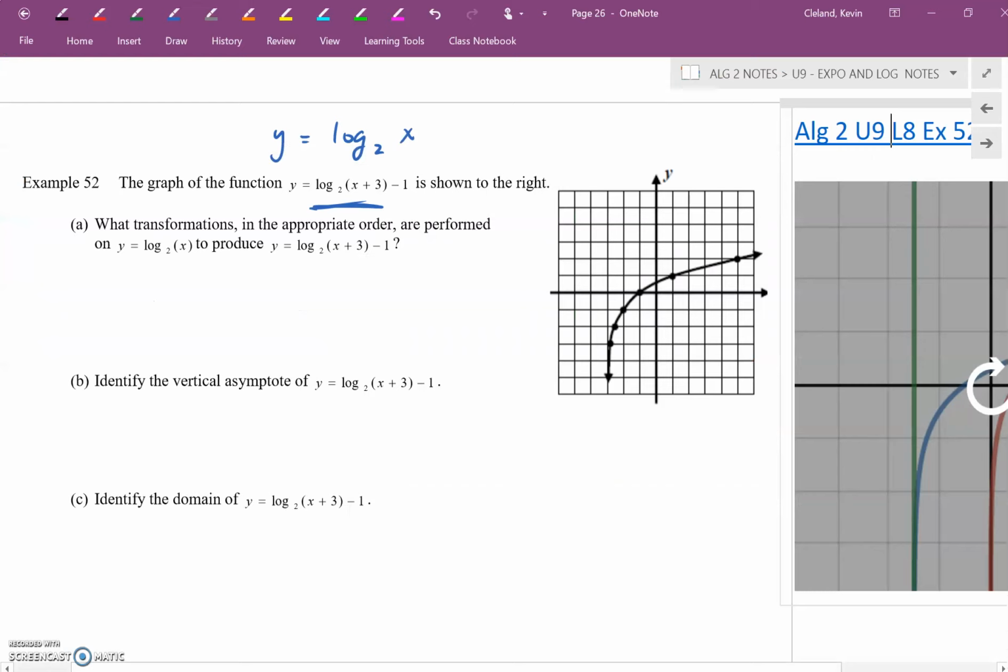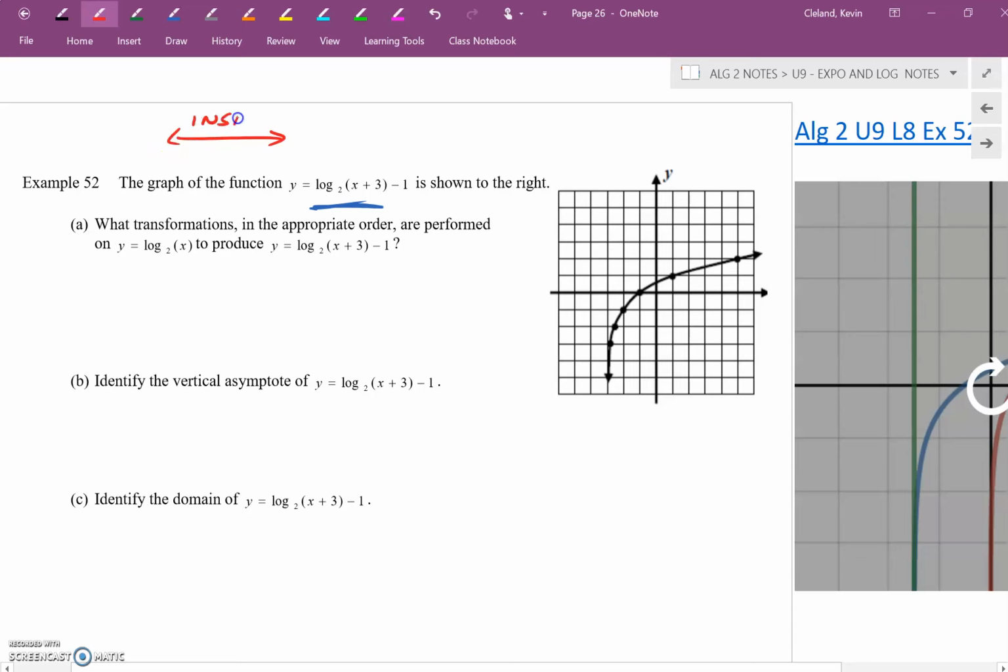But here it is. This is the graph that we're talking about right here. This is y equals log base 2 of x plus 3 minus 1. The key to answering part A, what transformations are performed in what order, are, remember this little graphic we've used all year,